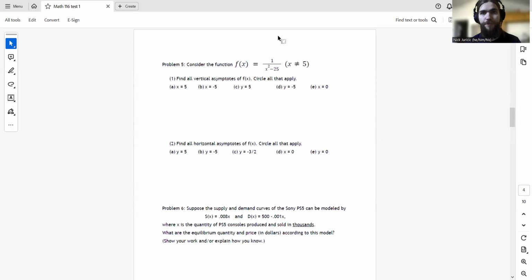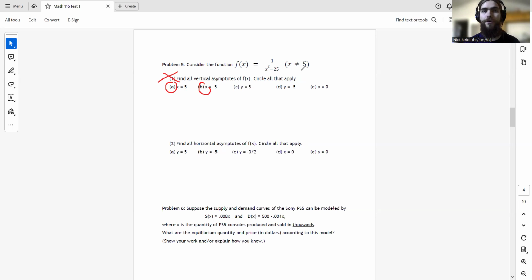Let's see. This was the question that was sort of scrapped from the exam, but that I still gave everyone 2 points for. So the test is out of 50, and that does not include this question. However, I added 2 points to the numerator out of 50, even though this question does not factor into that denominator out of 50. The vertical asymptotes of this function, x plus 1 divided by x squared minus 25, can be